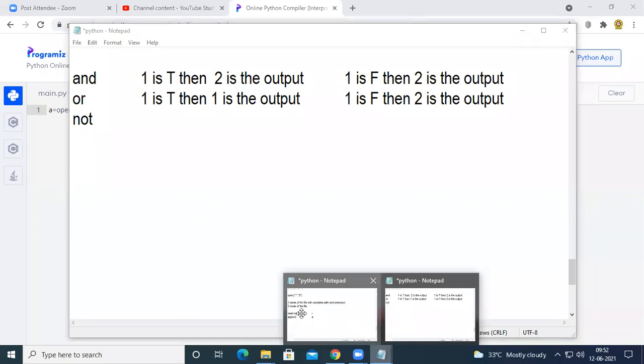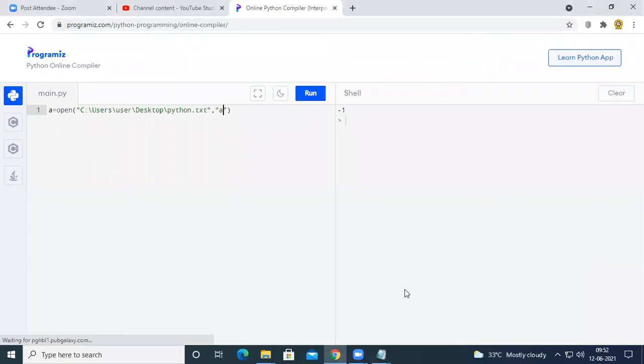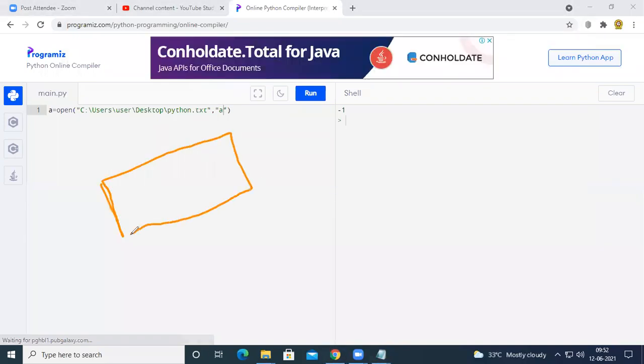So when we open the file in append mode, now the same memory location will be created for A, and the entire data will be written here. And now the cursor is waiting at one particular position, at the last position. So if you write the data, your data will be added from the next lines. This is appending.